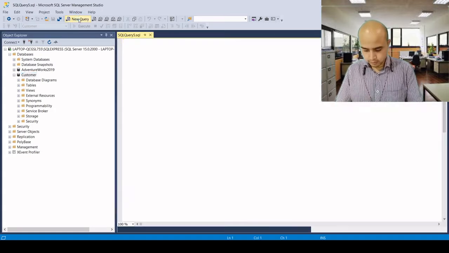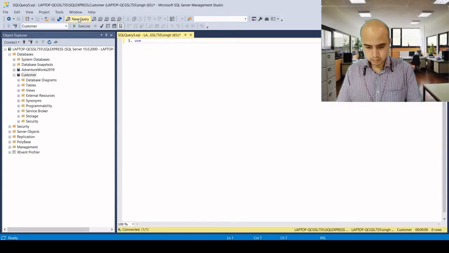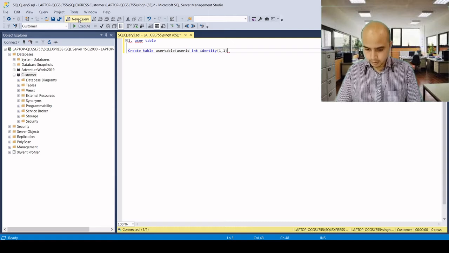Number one is the user table. A user table can be created with CREATE TABLE, let's say user table, and here let's say UserID int identity, starting with 1 and incrementing by 1, not null, and let's say the next field is username, varchar 50.